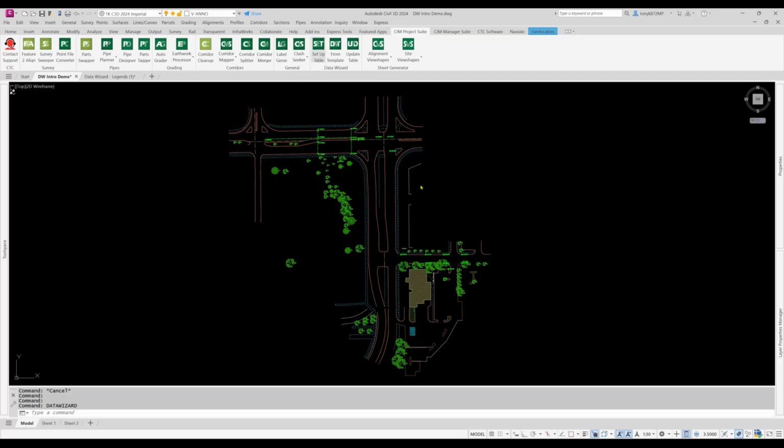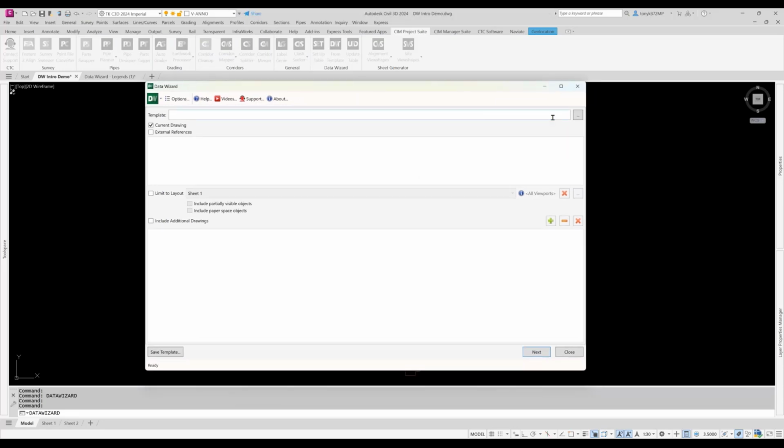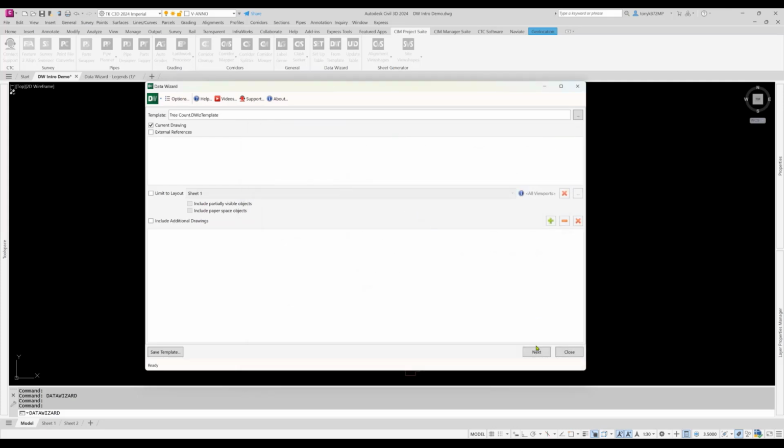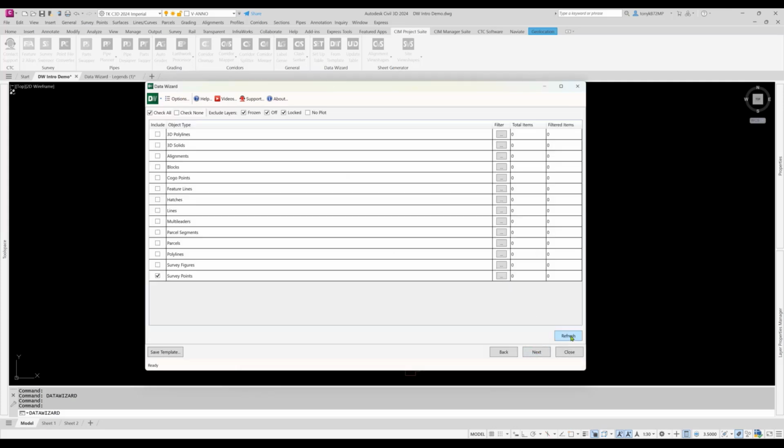And we'll do it if we just wanted trees, for example. If I just wanted to get a tree count out of this, I already made one here, so this is pretty simple. If you did this a lot, here's where the templates come into play. I'm going to open that up and page through here. I hit refresh, and it still reads the same 2,400 points. This comes with the frozen, and all I'm getting is the 13. So again, if I wanted to freeze or